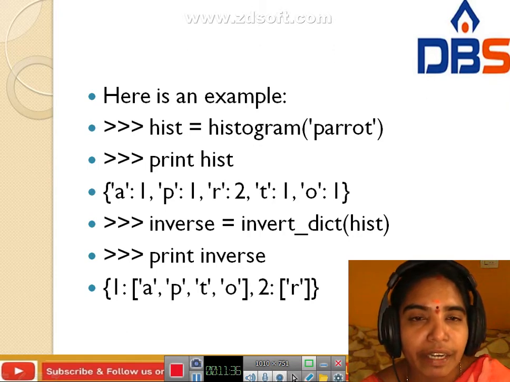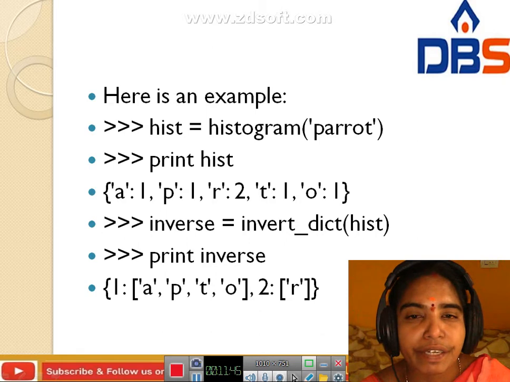It shows the letters in alphabetical order: a 1, p 1, r 2, t 1, o 1. A repeats only one time, p one time, r two times, t one time, o one time. This is the output for this program.